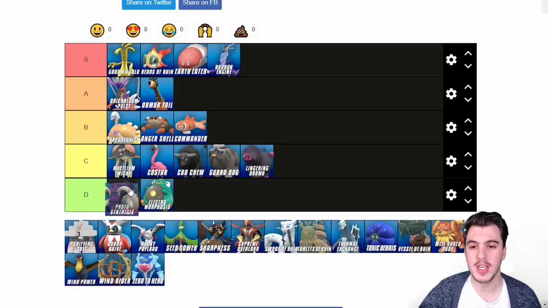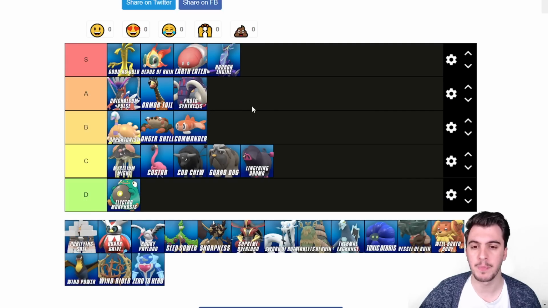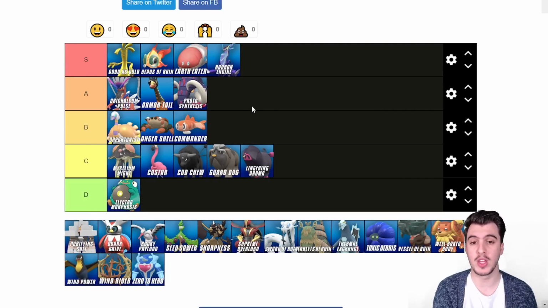Photosynthesis, obviously a fantastic ability. I'll put it into the A tier. I love this ability. I think it's really good. Do I think it's going to be top tier? No, because you kind of have to rely on holding an item or having another ability or move to make it worthwhile. If this ability just popped off no matter what the first time you come into the field, that'd be awesome. But the fact you have to hold a Booster Energy as well